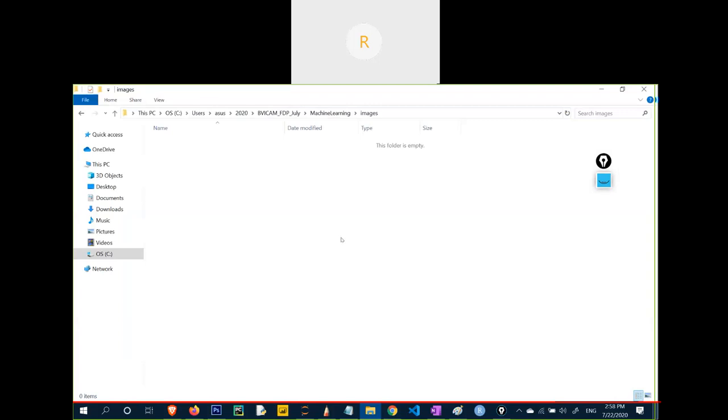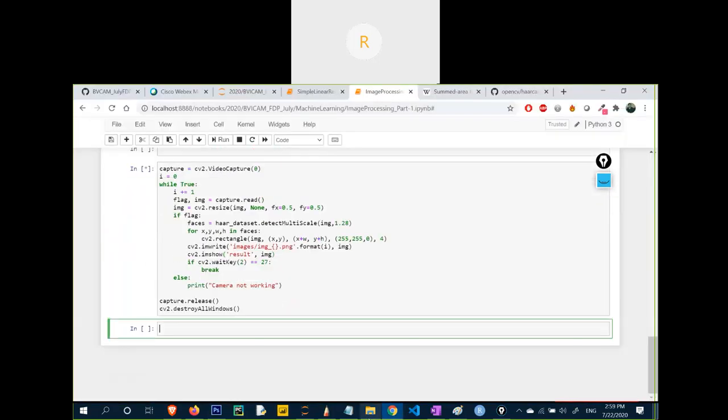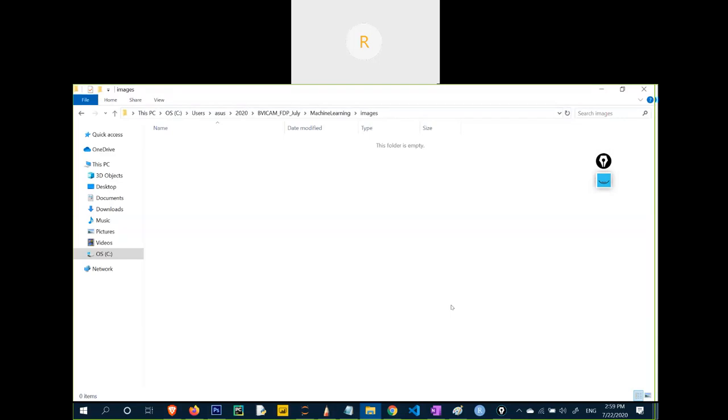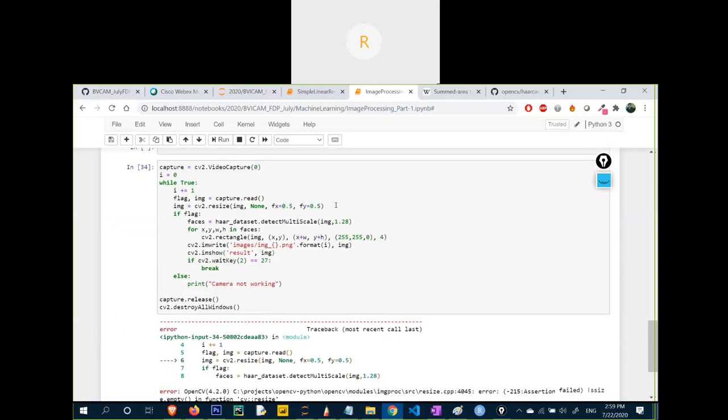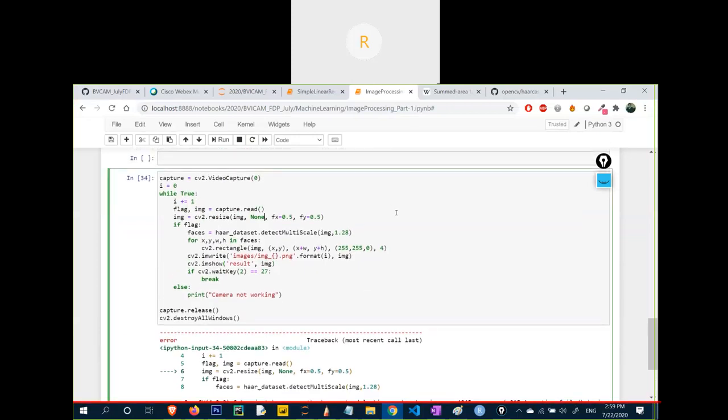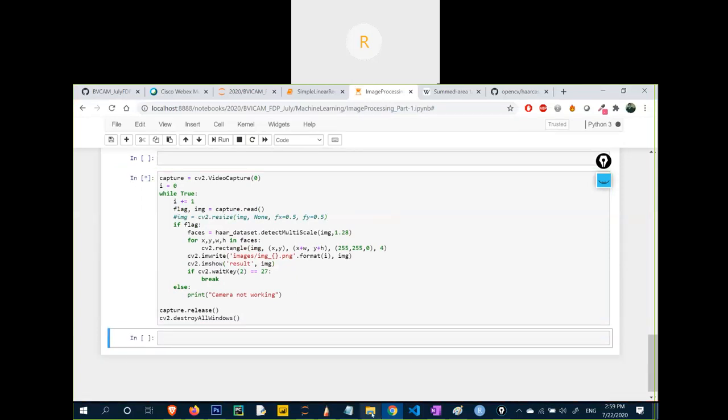If I go to this folder, it is blank right now, you can see. Shift enter, and now let's go back to this folder. You will see the images start downloading, or rather I should say capturing one by one, but we are getting an error first, a resize error. So I will do one thing: I will just comment this line and press shift enter again.